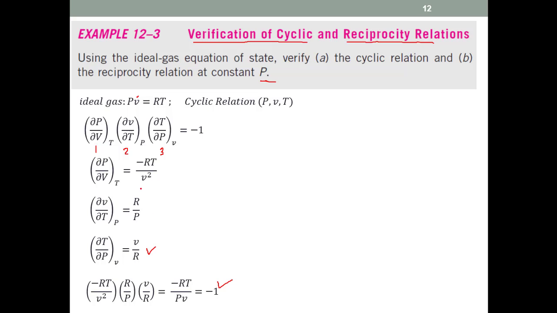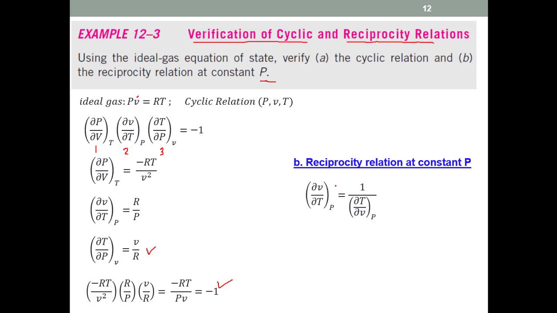What about the verification of the reciprocity relation at constant pressure? At constant pressure, the partial derivative of V with respect to temperature should be equal to 1 by partial T by partial V at constant pressure. So then we need to calculate these 2 terms. If they are equal, then we can verify. So this term